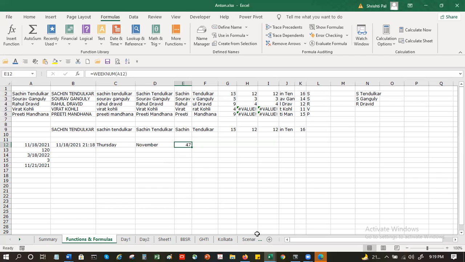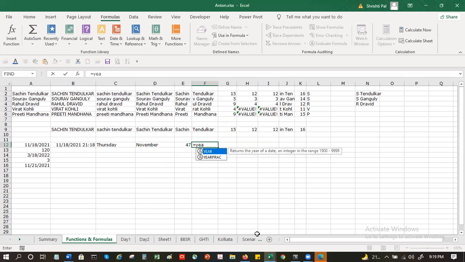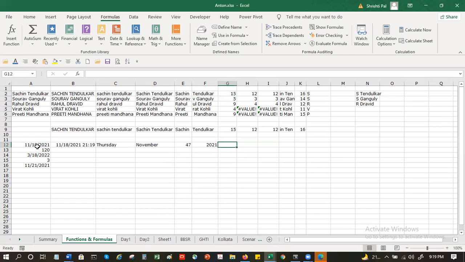Just for my information, if I were to look at the number of the day of the year, say it is the 47th week, right? If I were to see the exact number of day of the year, say for example, 265th day of the year. You want to see like...